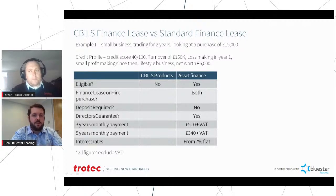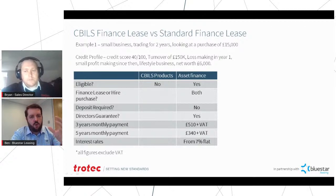If there's any problems, Trotec assists, and then we get it paid out. In this situation, director's guarantees are more than likely to be needed. They are if it's a £6,000. The way we work it is looking at your company net worth, and you can effectively lend up to